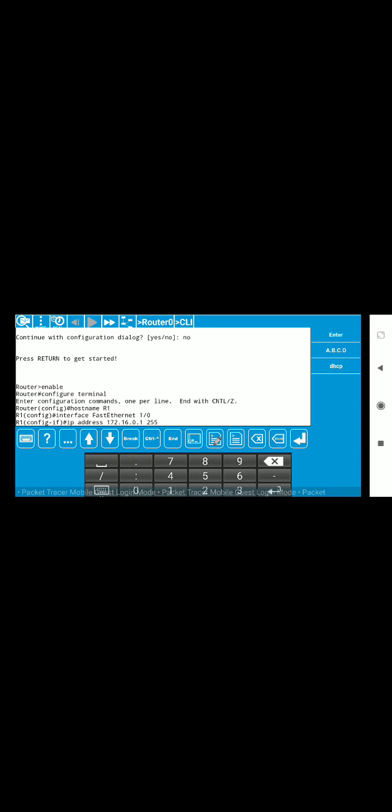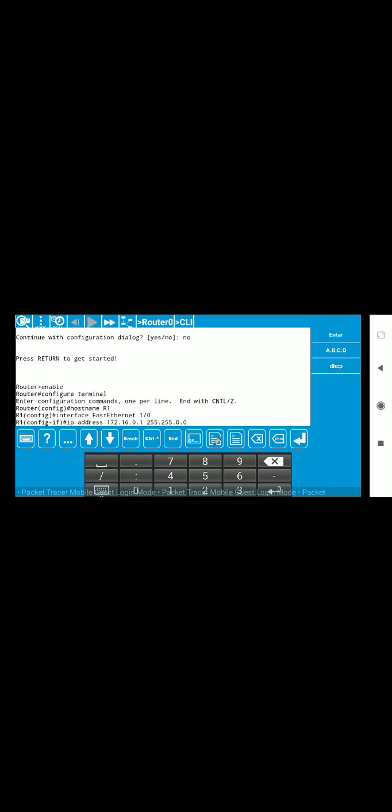Then write the mask: 255.255.0.0. Okay, so why have we written this mask? Because here the n bits are 16, that is /16 we have written, that means 16 are the n bits. So we have to make the first 16 bits 1 and the remaining 16 bits 0.